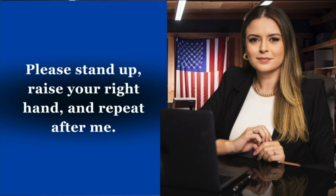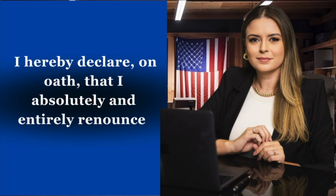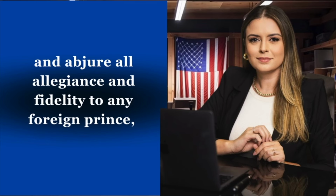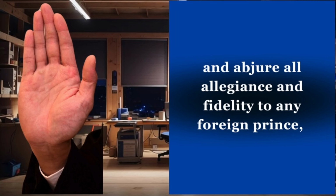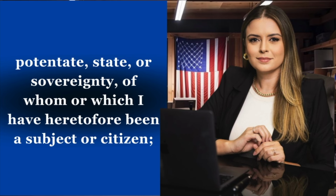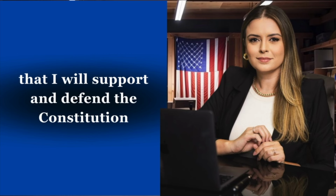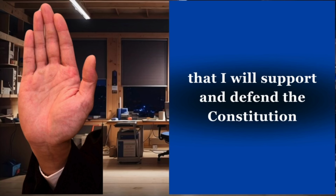Please stand up, raise your right hand, and repeat after me. I hereby declare, on oath, that I absolutely and entirely renounce and abjure all allegiance and fidelity to any foreign prince, potentate, state, or sovereignty, of whom or which I have heretofore been a subject or citizen, that I will support and defend the Constitution,